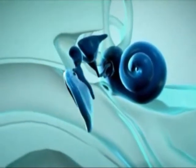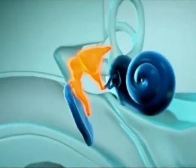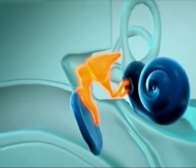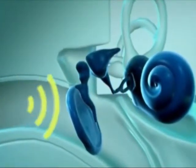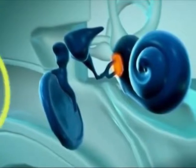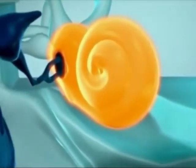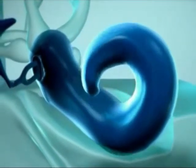In the middle ear are 3 tiny bones, referred to as the hammer, the anvil, and the stirrup. Collectively, they are known as the ossicular chain. These form a bridge from the eardrum to the entrance of the inner ear. Their interaction increases and amplifies the sound vibrations further before these are relayed fully into the inner ear via the oval window. In the inner ear is the cochlea, which is similar in shape to a snail shell and contains